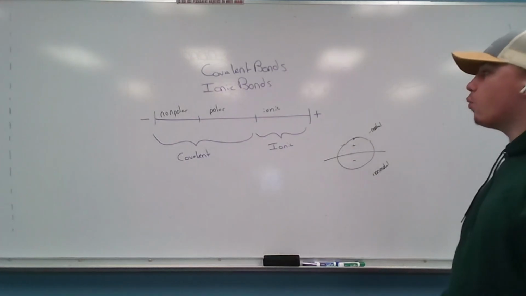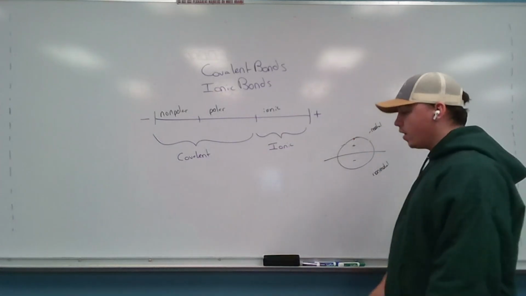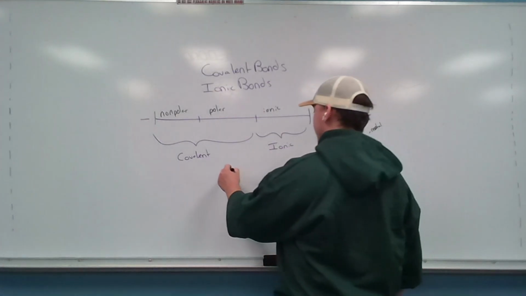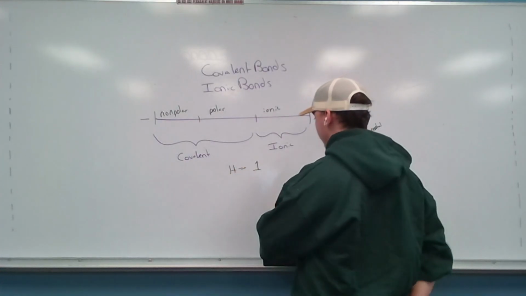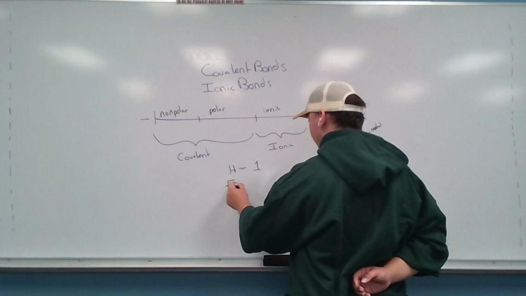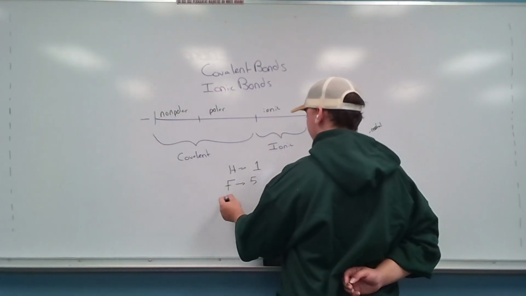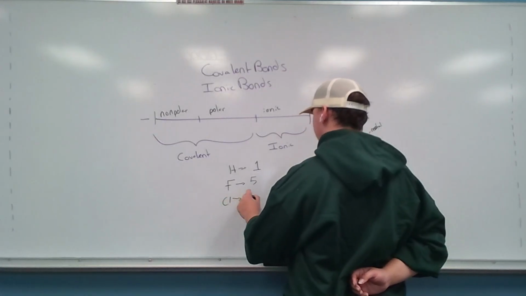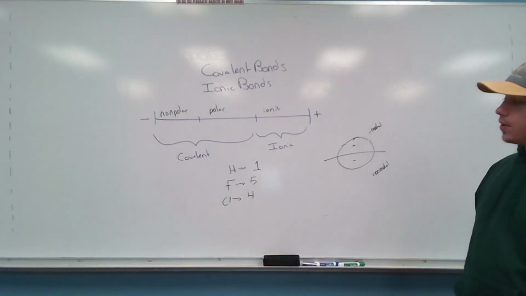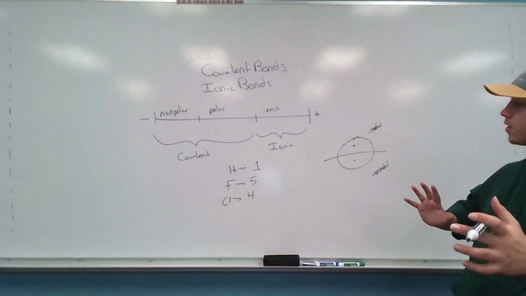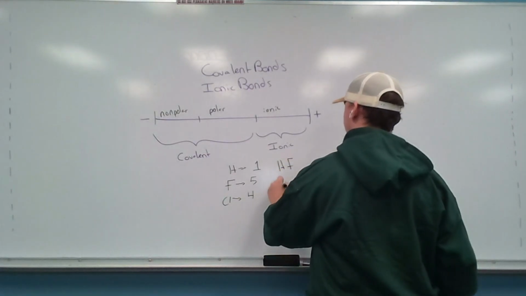But how do you know where it falls on the spectrum? It's by the difference in electronegativity between two elements. For example, let's say hydrogen has an electronegativity of 1. It does not, but I'm using this for an example. Let's say fluorine has an electronegativity of 5, and chlorine has an electronegativity of 4. So, the greater the difference in electronegativities between two bonded things, we're going to end up with hydrofluoride and hydrochloride,